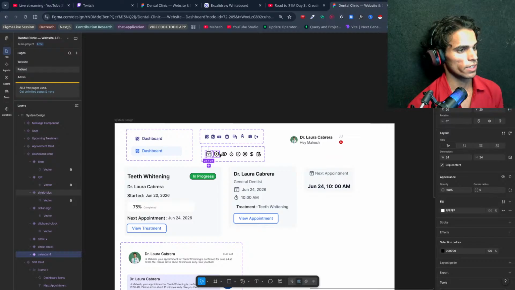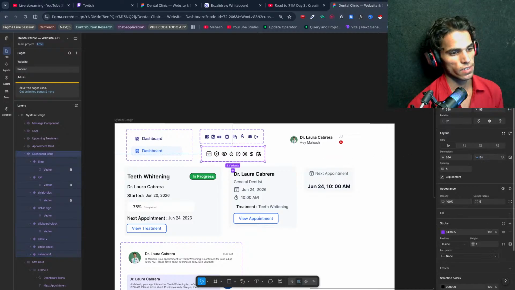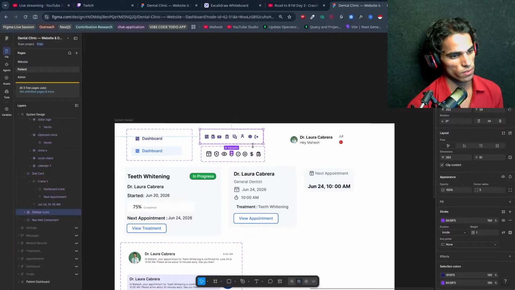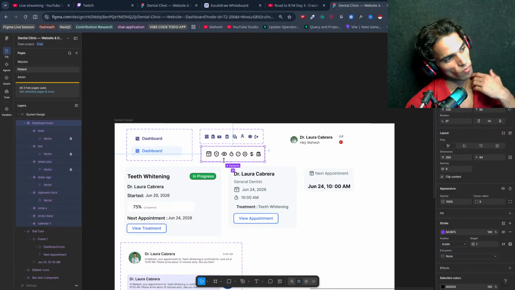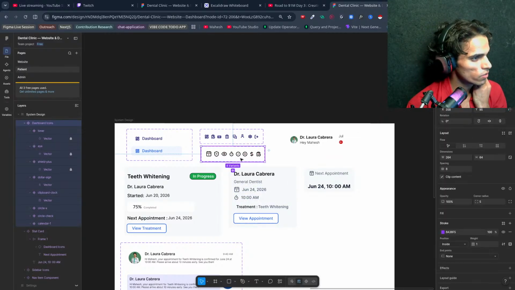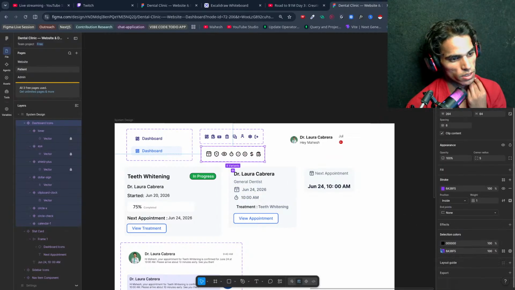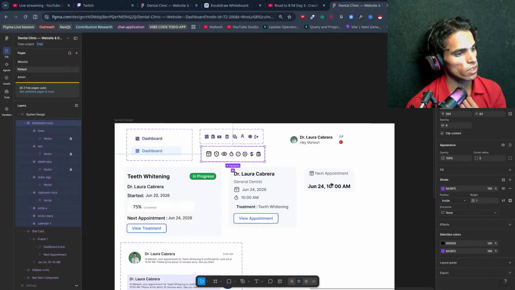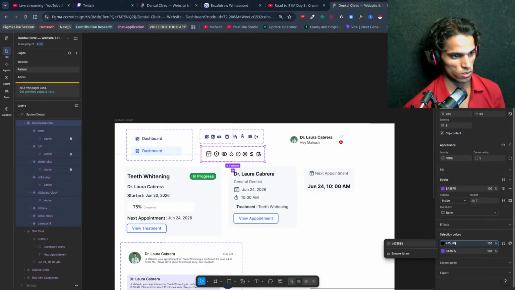Calendar, we have this icon, then this icon, and selection color, we have this. I would like to change this. Okay, if we get into this, we have selection color. I would like to change this from this to this.